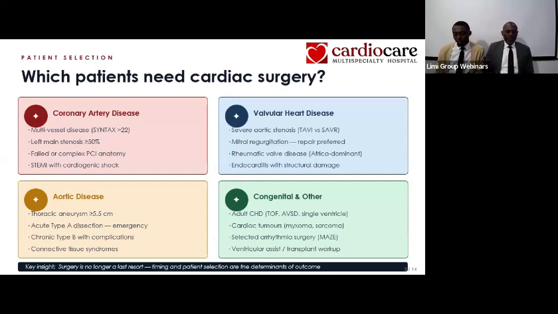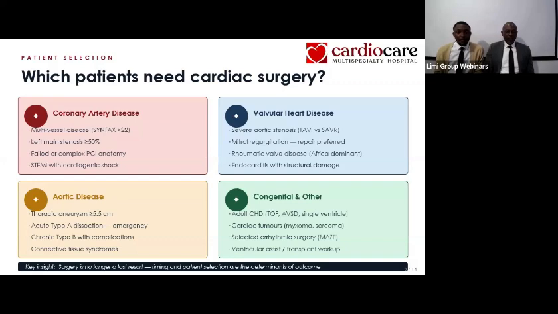We should not ask ourselves, is surgery possible? But rather, when should surgery be done, and will it benefit the patient? We'll discuss this under 4 broad headings: coronary artery disease, valvular heart disease, aortic disease, and then the congenital and other